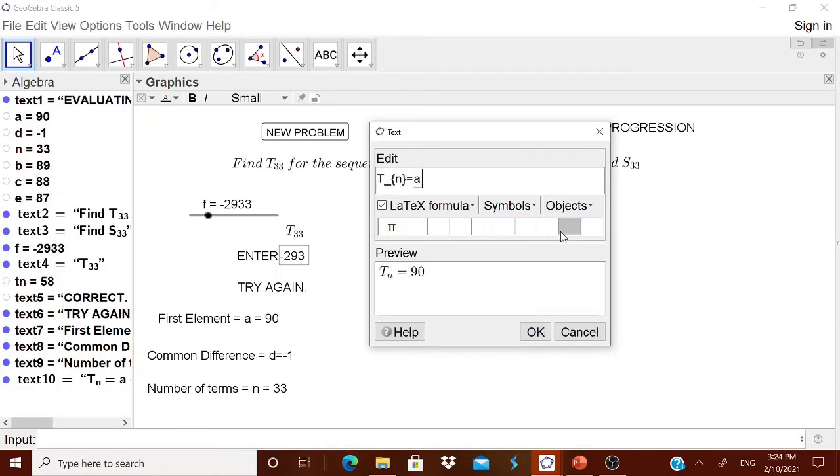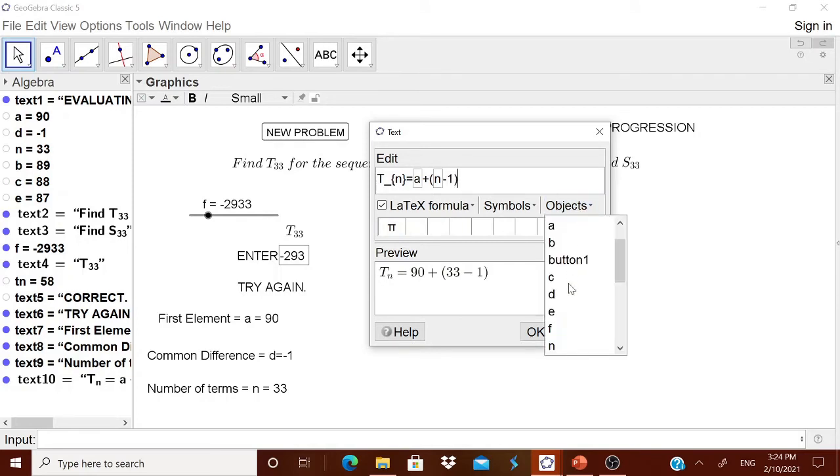Therefore, this is a plus n minus 1. Therefore, in the object n minus 1 into d. Therefore, d. Is it okay? I think n minus 1. Okay. I think let us put this d inside bracket because sometimes it may be negative. Sometimes if it is negative, then you will have a confusion.